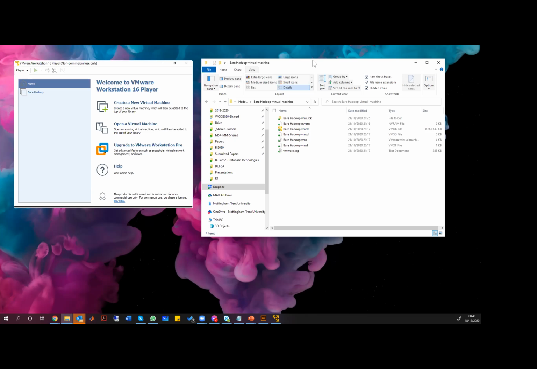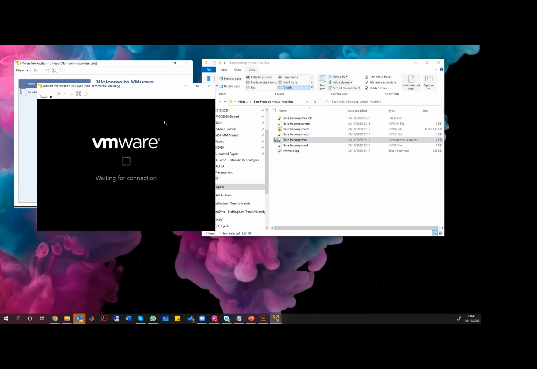Within this virtual machine, we have a distribution of Ubuntu. We have Ubuntu 20.04 installed here. So what we are going to do is start the bare hadoop.vmx. When I double click the bare hadoop.vmx file, it is going to start